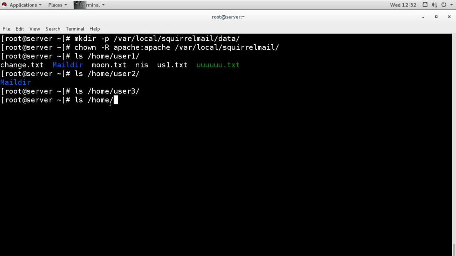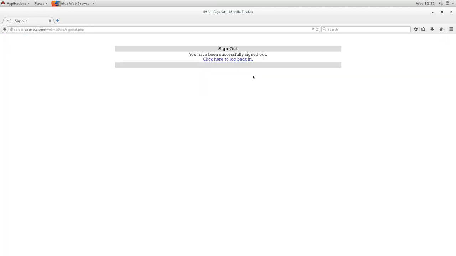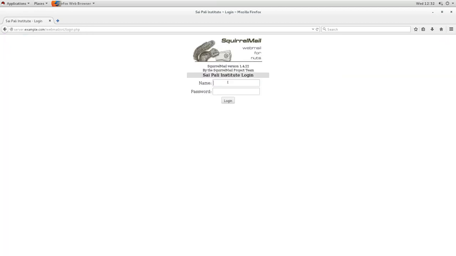We have mail dir also on m user 1, not on m user 2. So these users who have this mail dir can log in. That is the problem of IMAP. So your IMAP must be configured properly so that it will work.